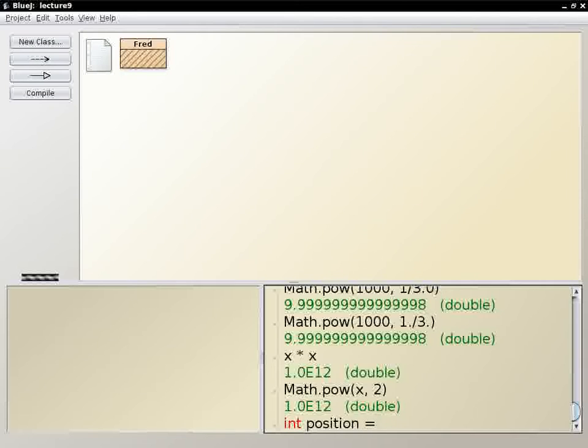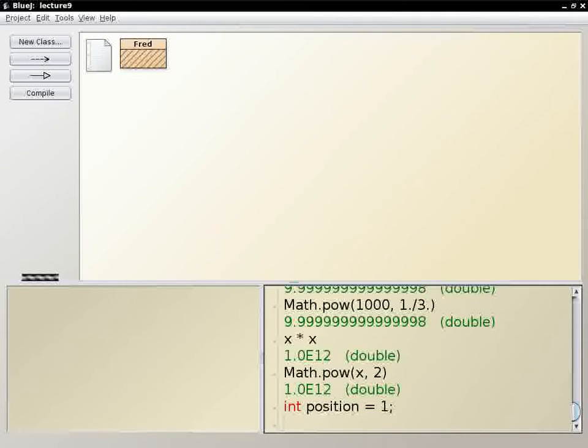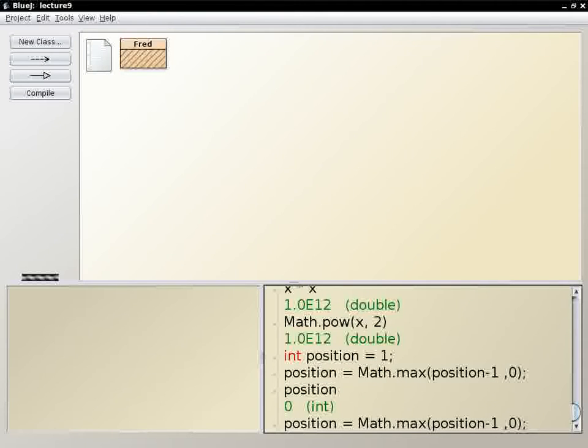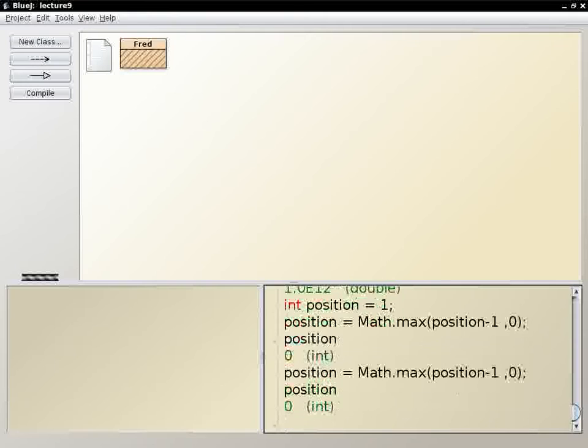so if we have a position value, then you could say position equals max of position -1 and 0. And by doing that, you're guaranteed that it'll never get negative. Hang on. I just want to demonstrate this here. So now position reached 0. And then the next step, position -1 was -1, but 0 is bigger than -1, so it stayed at 0.